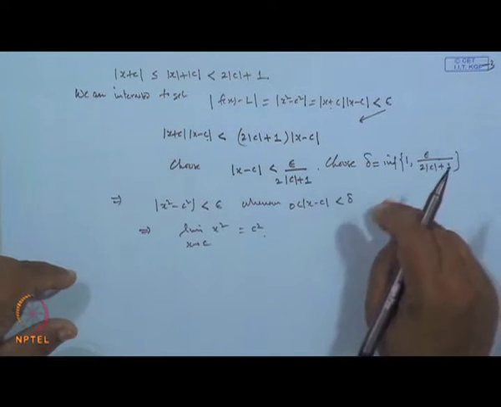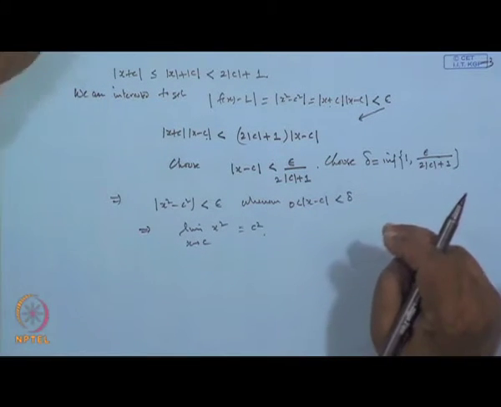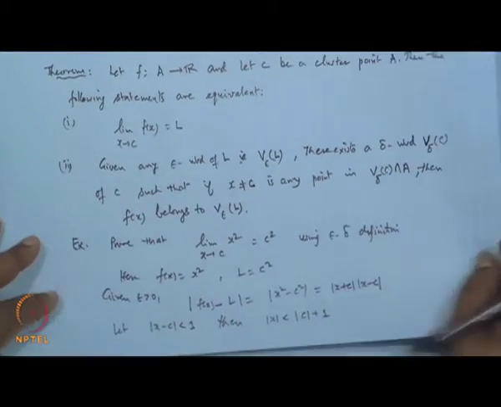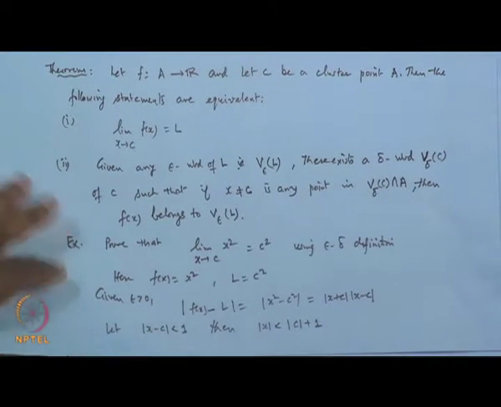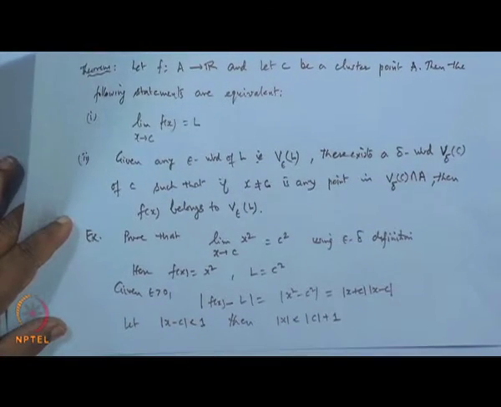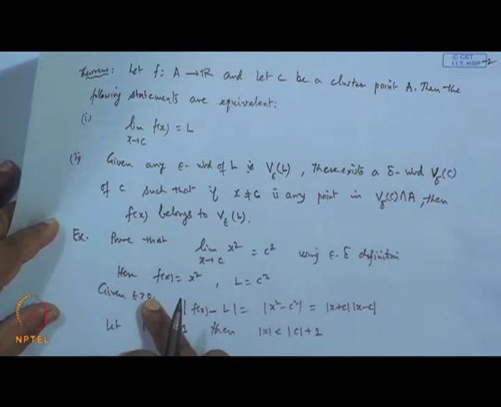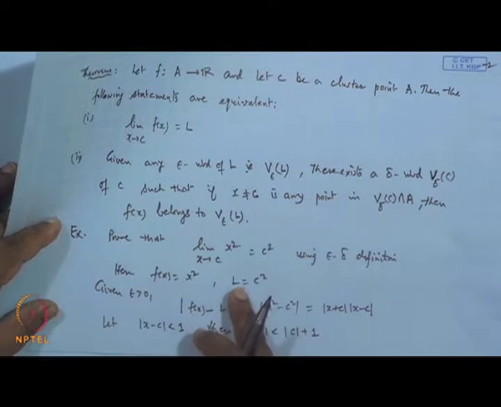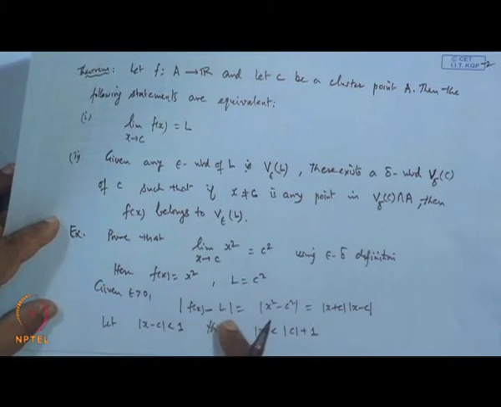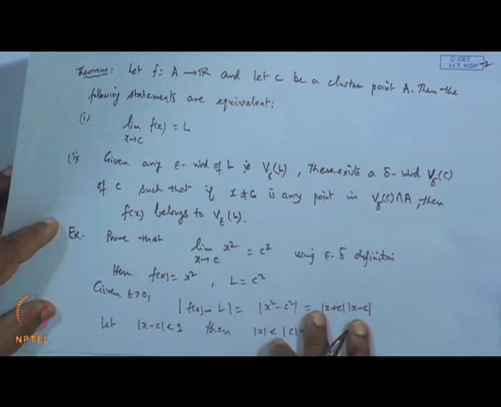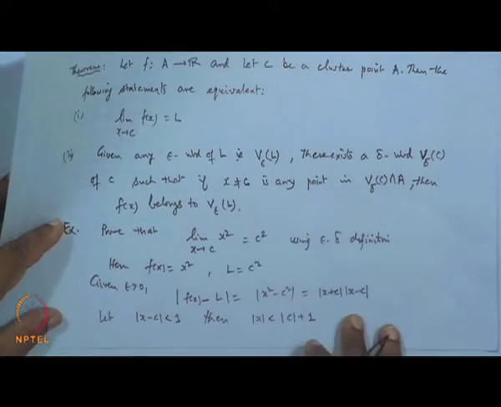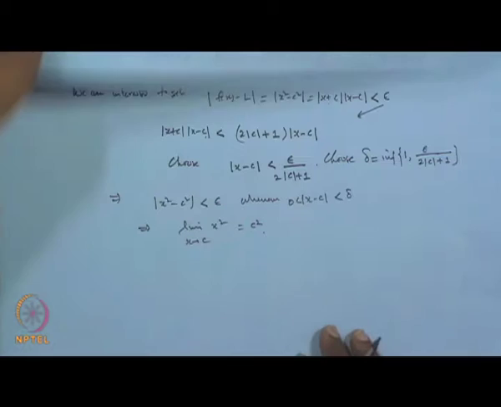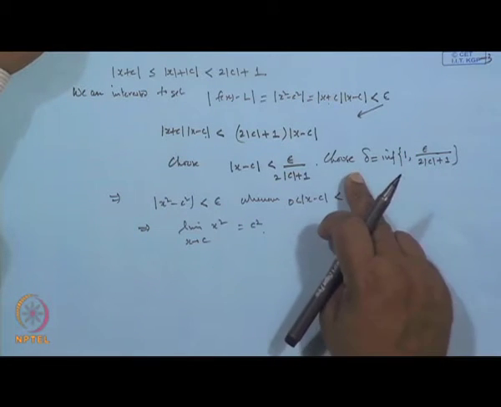Okay. So, our main idea is, when it is asked to prove or establish the limit by using the epsilon-delta definition, we start with a given epsilon, and then with the help of epsilon we will identify delta, which depends on epsilon. The idea is to find |f(x) minus L| and try to get the bound for this in terms of |x minus c| less than some number. This bound can be obtained as this, so delta we can identify.